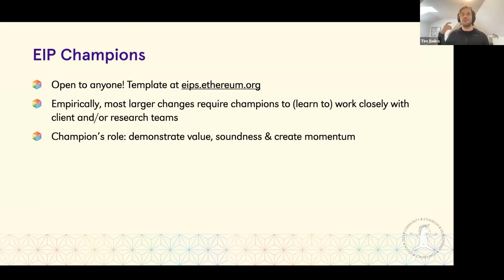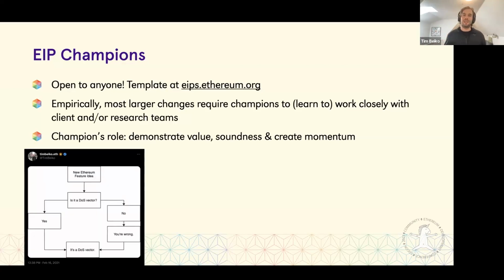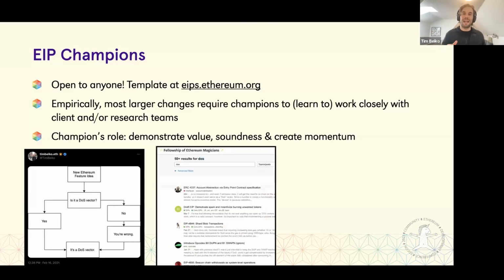And so if you signed up for this role as an EIP champion, what you're trying to do is show that this is a valuable change, that this is sound, and won't break Ethereum. And as you're doing that, creating momentum around the change to signal that this is something that should happen and that's important. And in practice, what happens is you come up with this idea to change Ethereum. You bring it to researchers or client developers, and they'll find an issue with it. They'll usually find a DOS vector, something that could halt or stall Ethereum. And then the best EIPs will spend time to address all of these and iterate on their proposal to get to a spot where it is safe.